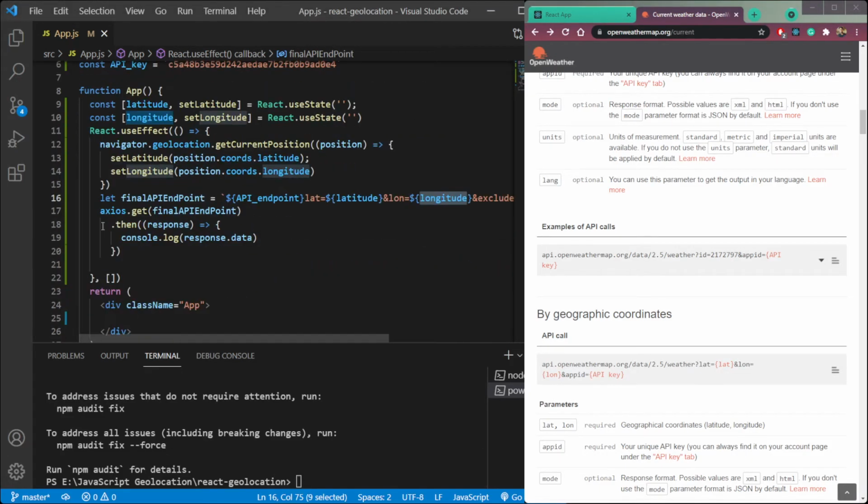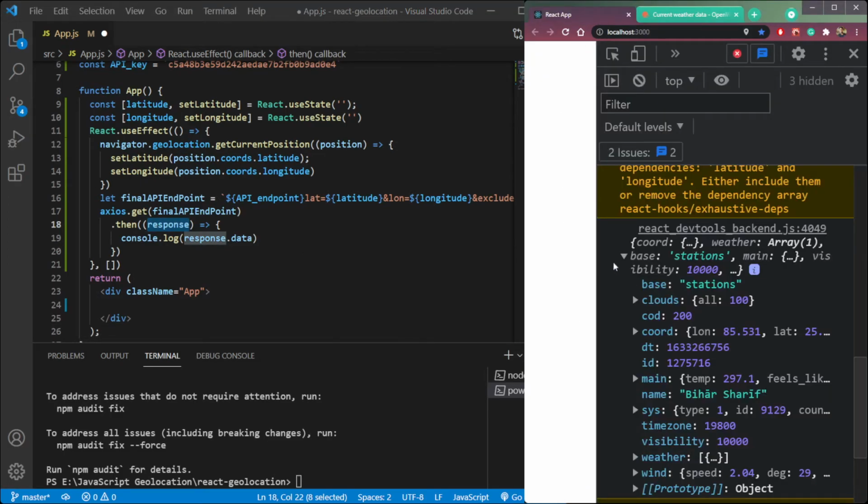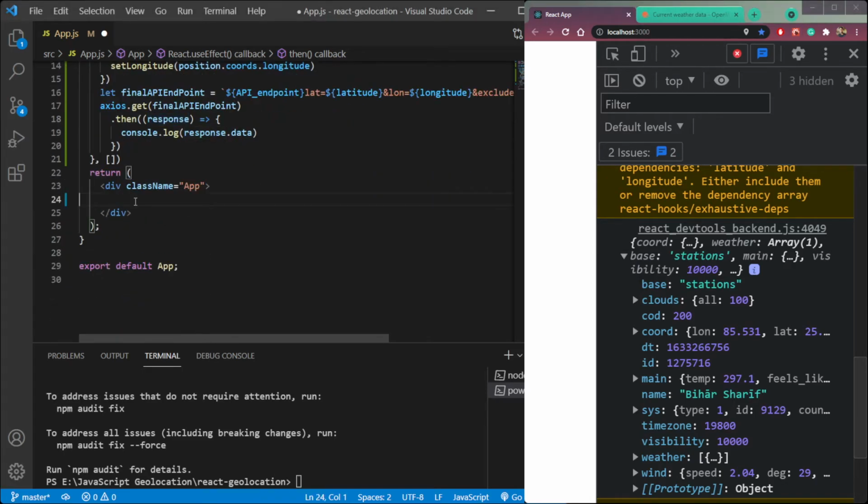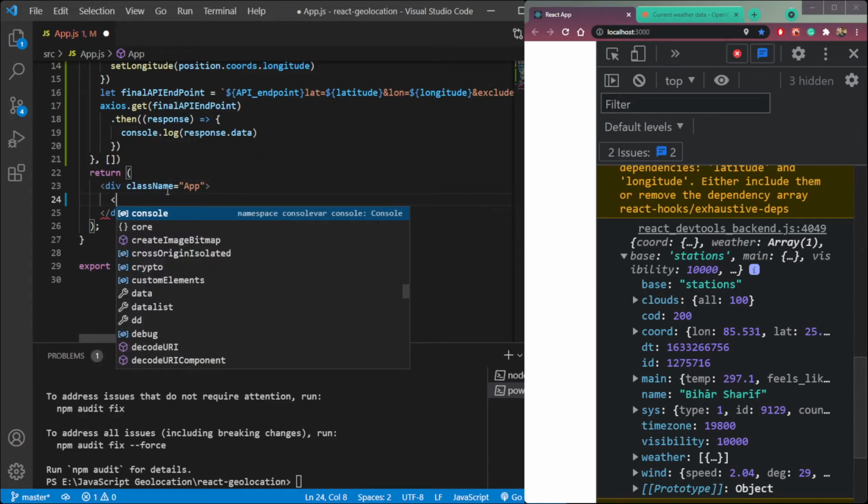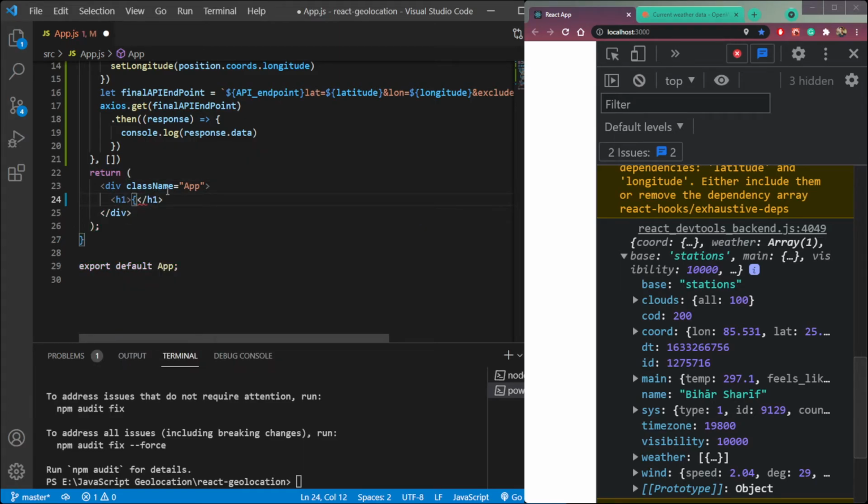Then we are using Axios to call the API, and this API is returning a response, and we are logging this data using console.log of data inside the response. So we can show it also.